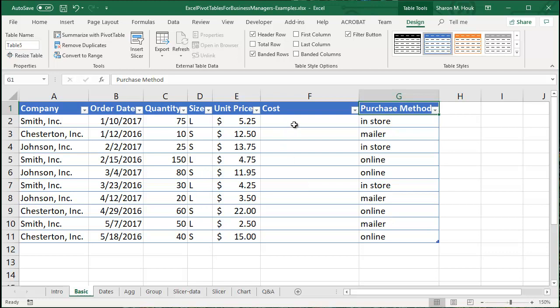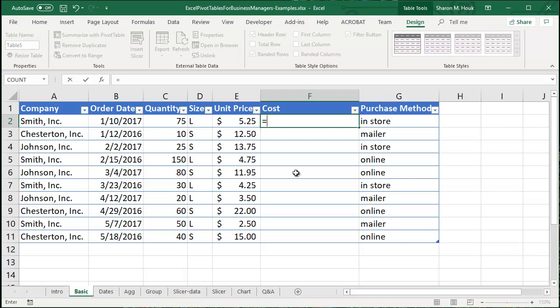Let's remember how to do some mathematics in Excel or work with formulas. This cost column has nothing in it, but I am going to use it as an example for doing some math. Anytime you're going to work with math in Excel or a formula, a function, start out with an equal symbol. Then, in this case, these are our fictitious t-shirt sales. This company placed an order of 75 large t-shirts at $5.25 each in the store. Okay, so the math that I want for the cost on this order is 75 times, and that's an asterisk in Excel,